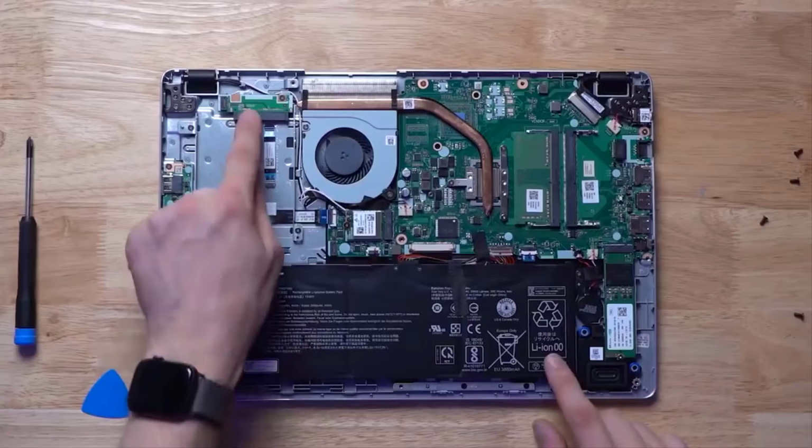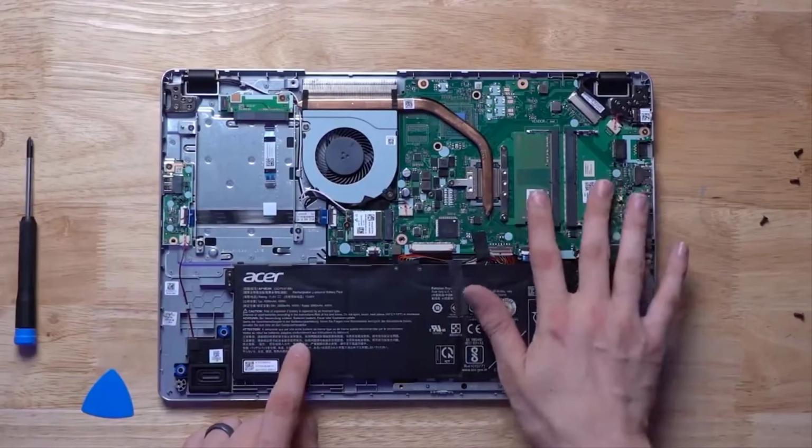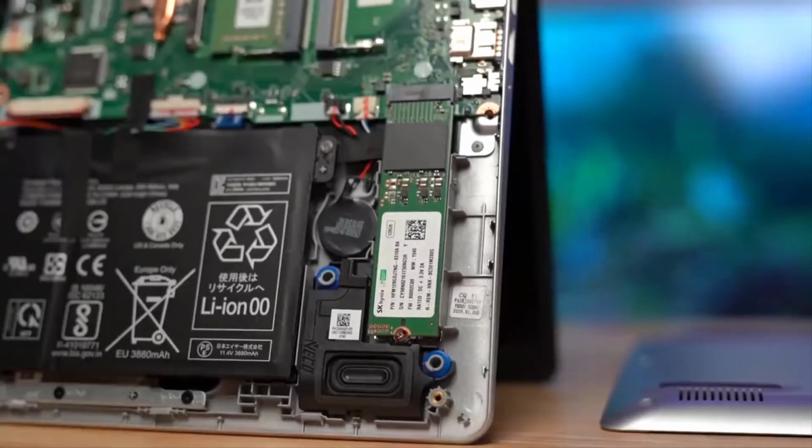There's more upgrade path, and also there's room for an extra 2.5-inch SSD or hard drive in there if you find that the 128 gig isn't meeting your standards. However, you could also upgrade that 128 gig. So both the Motil and the Acer have room for 2 storage drives, but only the Acer has room for 2 sticks of RAM, which is going to help that Ryzen 3 perform better